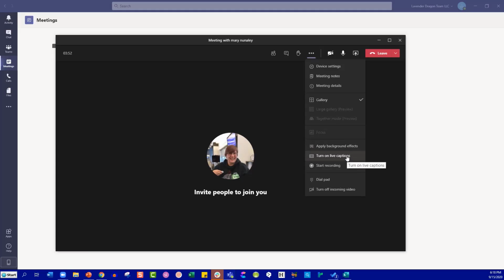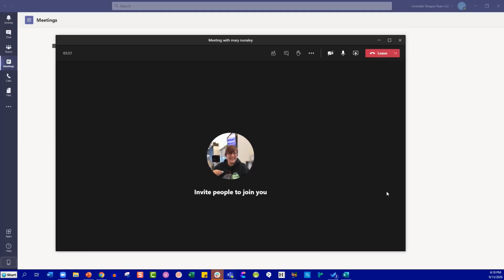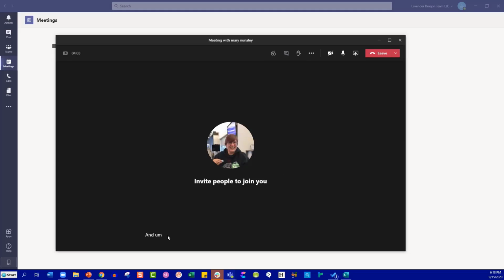Turn on live captions. This is another one that Microsoft Teams does a much better job at than Zoom does. See, as I'm saying words, it's showing them up. So as I'm talking, it automatically adds that captioning versus having to have somebody that's a note taker, which is what you need to do in Zoom.